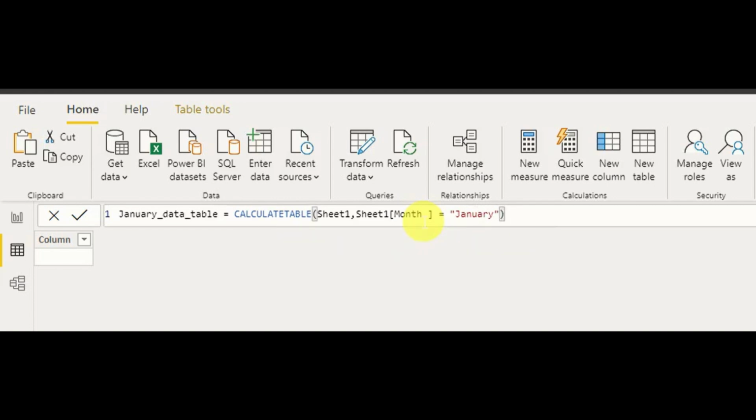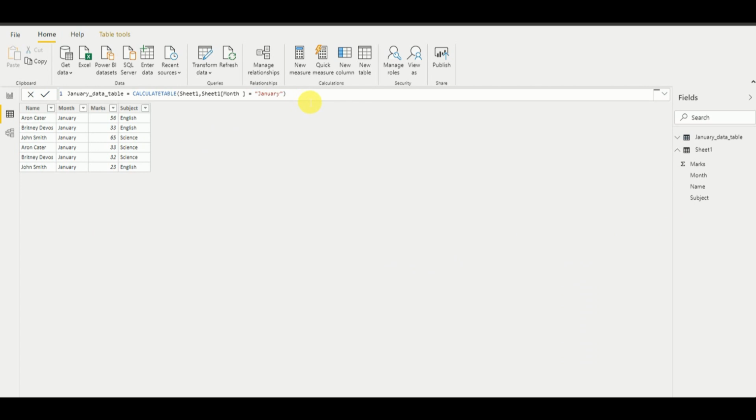Right, now we press enter and see our data source. Once we write this statement, as you can see, only the data from month January is displayed as our new January data table, a temporary table. So here also we can see that table.